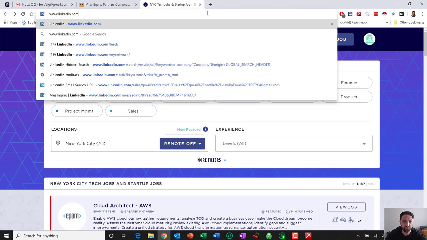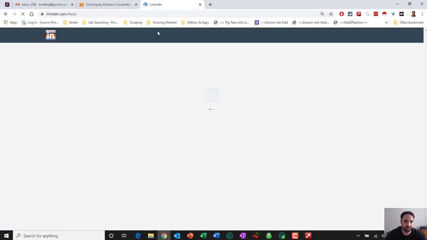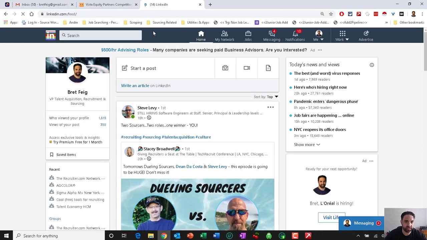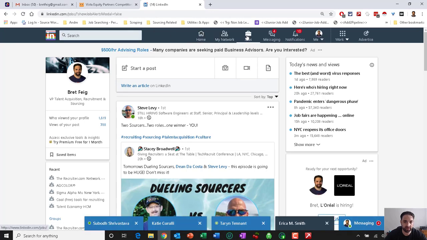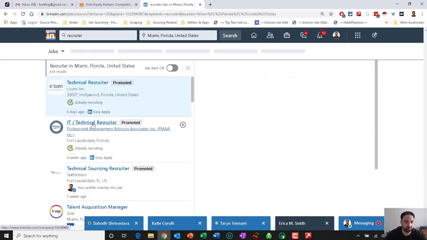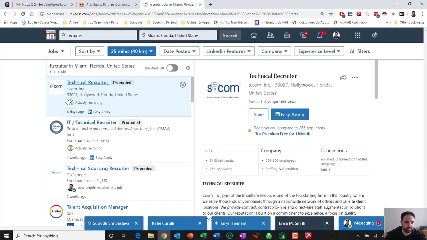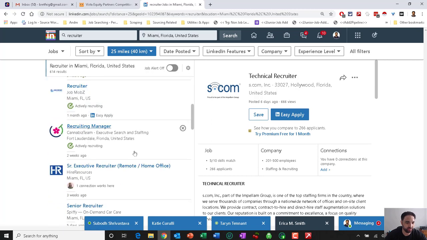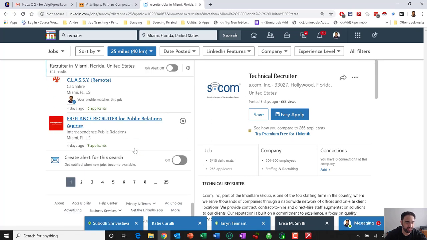On the cannot use part of the coin, let's take a look at LinkedIn jobs and let's see the reason that that's going to be a little bit problematic here. Now, when I go into LinkedIn jobs, let's say I do a search for recruiter in Miami, Florida. What's going to cause us trouble is this dual screen sort of layout, but more importantly, there's no next pagination button, which, we could probably set it up to work, but it's going to be a little confusing,